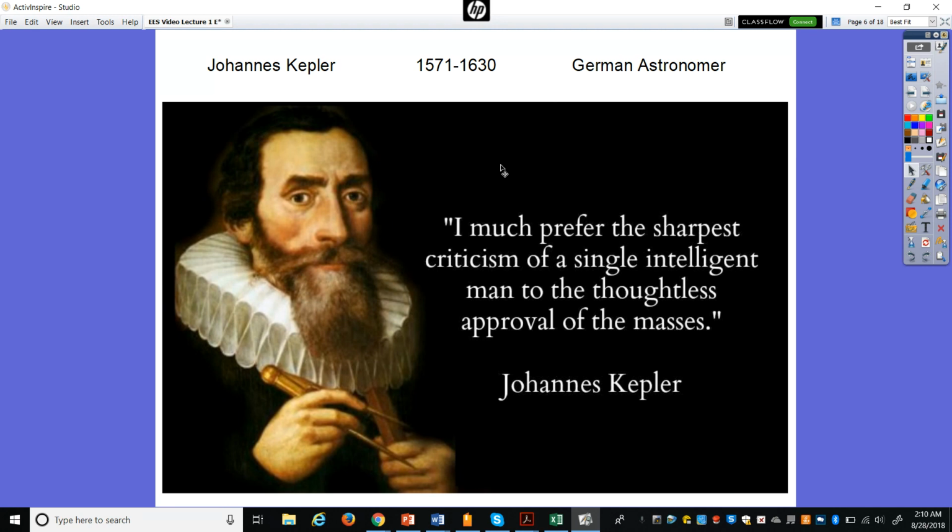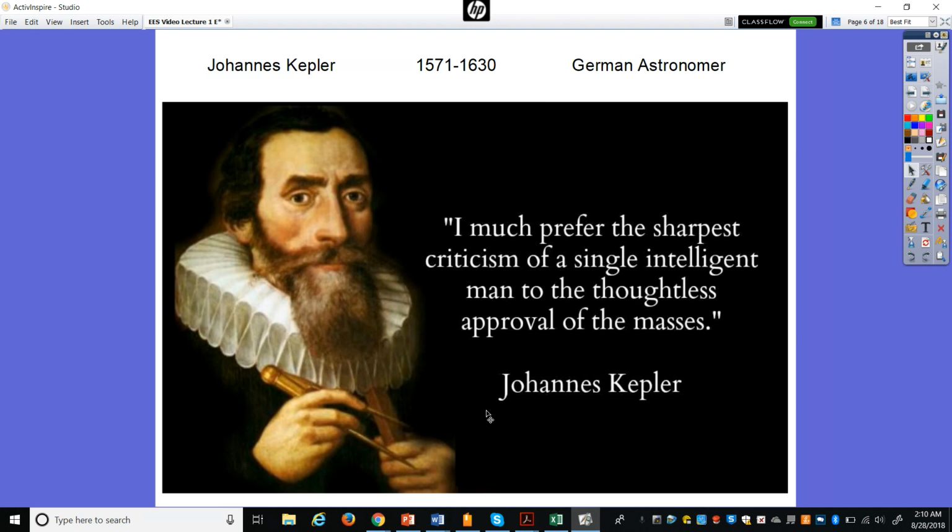All right, now we're going to talk about some movements a little closer to home. And we're going to investigate this fella called Johannes Kepler. He was a German astronomer, 1571 to 1630. And you can see one of his quotes here.